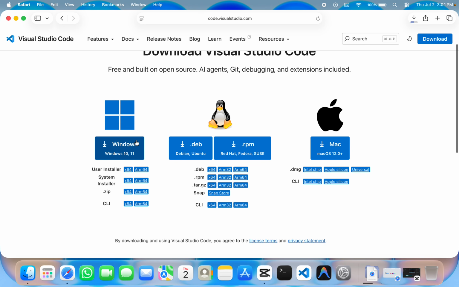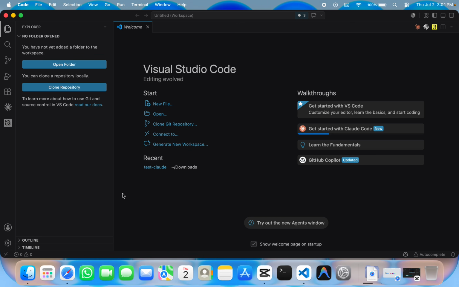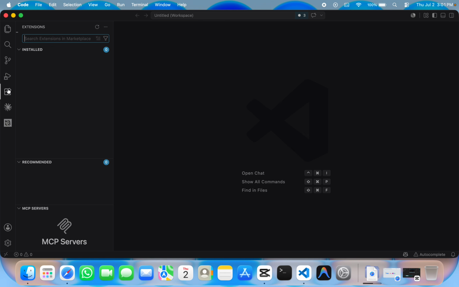You just have to install this and you will get something like this, VS Code, and this is the interface. If you don't want to see this welcome page at the very beginning, you can uncheck "Show welcome page on startup", but I will keep it. Now I will go for the extension section here,